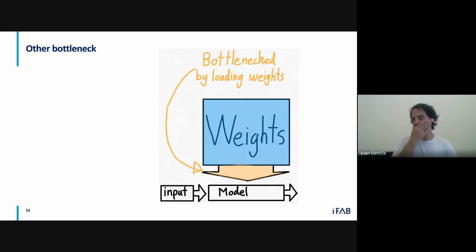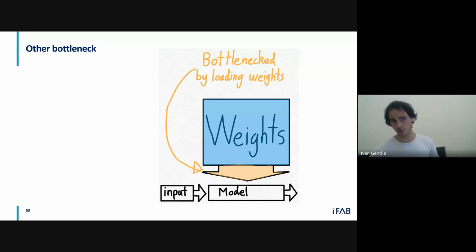I'm not bringing the specific case that Horace explains in his blog post, which shows an increase of 70% or something like that, but it's quite a good improvement.